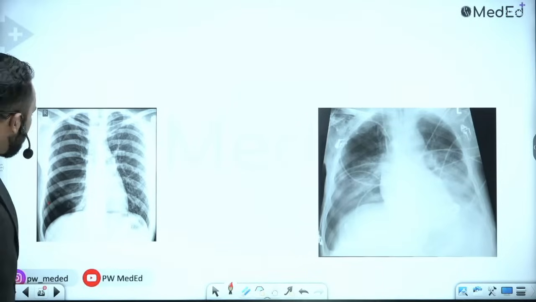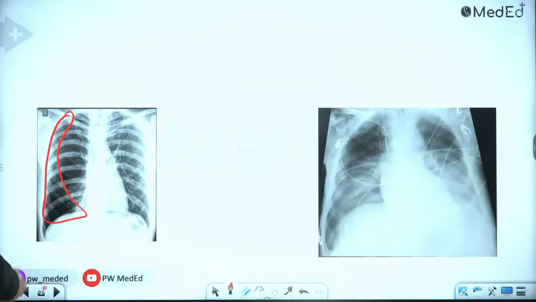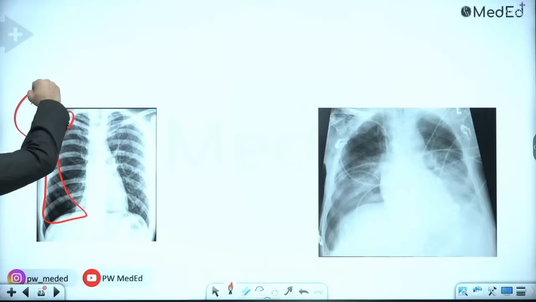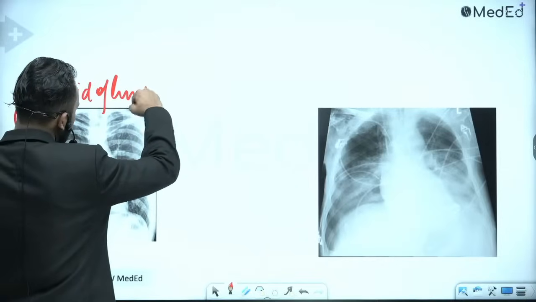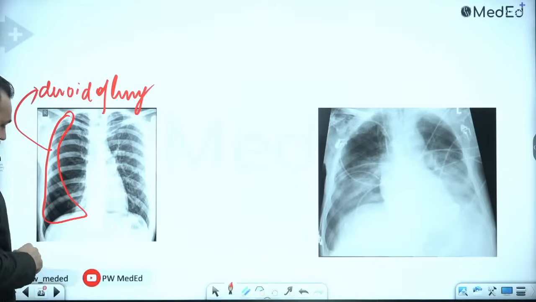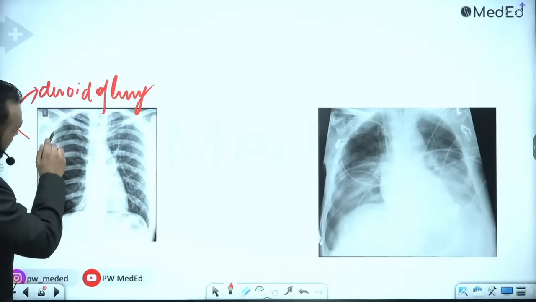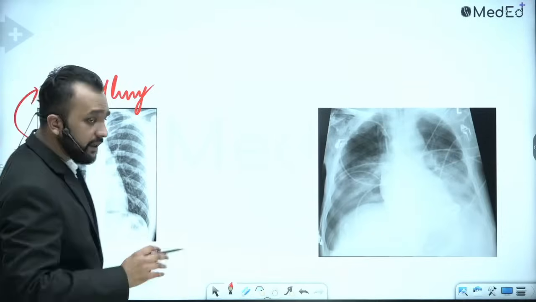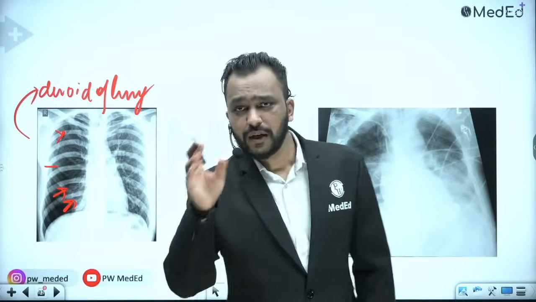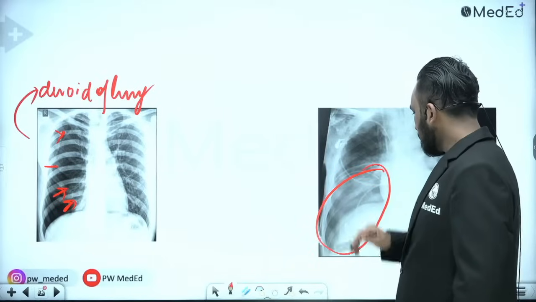So in this case, we can see that there is an area of lucency involving the right lung, and this part of the lung is devoid of lung markings. You can also appreciate a visceral pleural line. This is a case of pneumothorax. And if this X-ray is taken in the supine position,